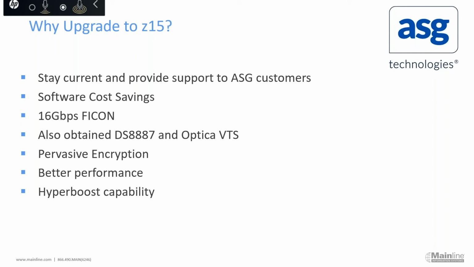ASG also obtained a new DS8887 and Optica BTS system. And these, coupled with the 8 and 16 gigabit cards, provided the performance that they were looking for. ASG used encryption on the Z13, but wanted to move into pervasive encryption, which is provided by the Z15. Overall, the performance benefits from the processor, the memory enhancements, instant boost recovery, and hyperboost technology were of big interest to ASG. If we move to the next page,